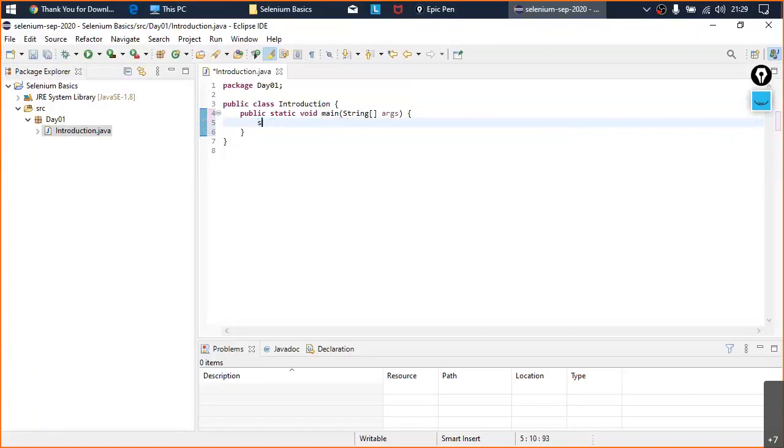I just typed SYSO, then hit Control Space. It suggested that I want to print something, and it simply created a method for me, System.out.println, with the help of which I would be able to print things. For example, I can print, hello, this is Abhishek, right? So here,